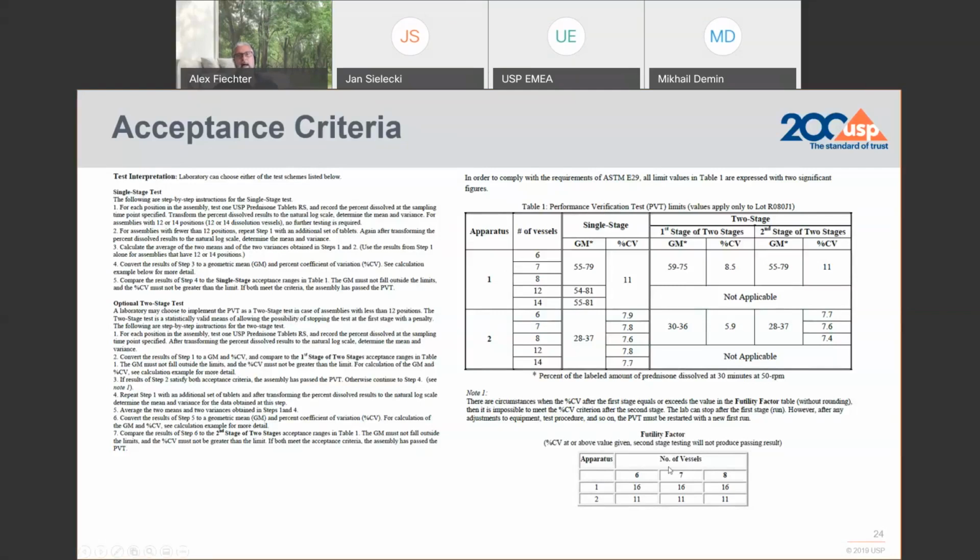Down here, you have a futility factor test that can be applied actually to both single stage and optional 2-stage tests. If you receive results, from a 6, 7, or 8 position vessel, a percentage CV that is 16 or higher, for the paddle 11 or higher, then you can immediately stop the test, because with the second run, you will not come into the specification.